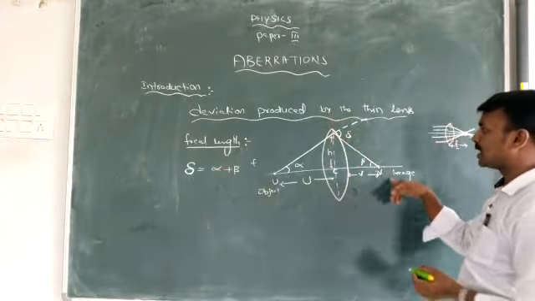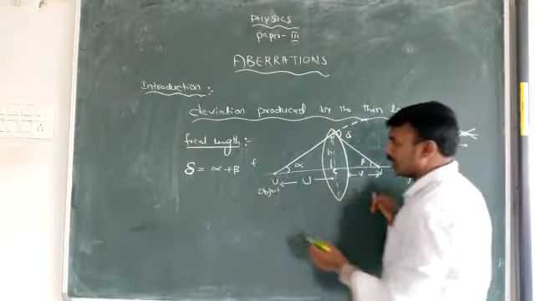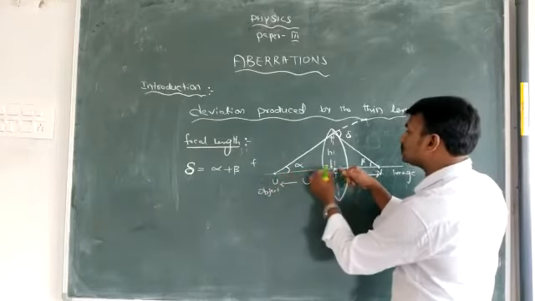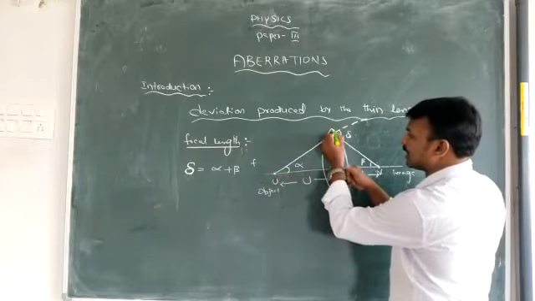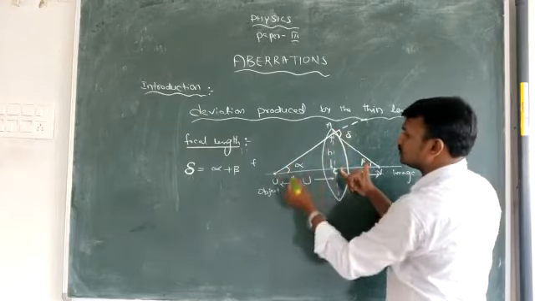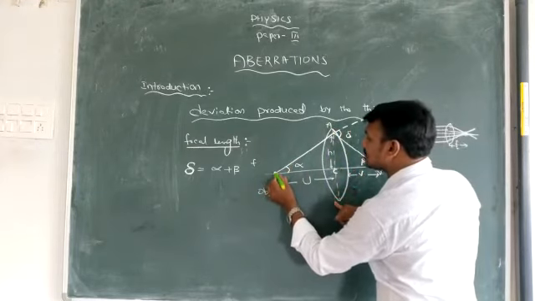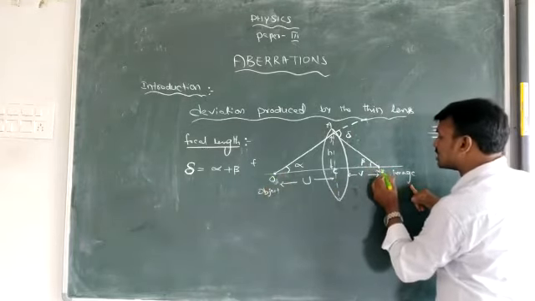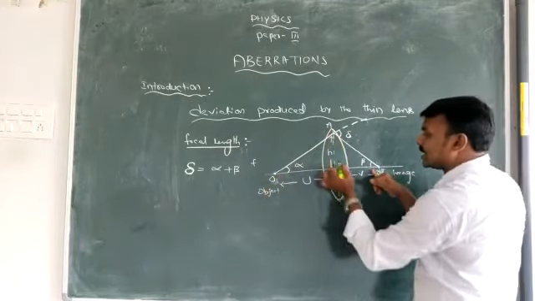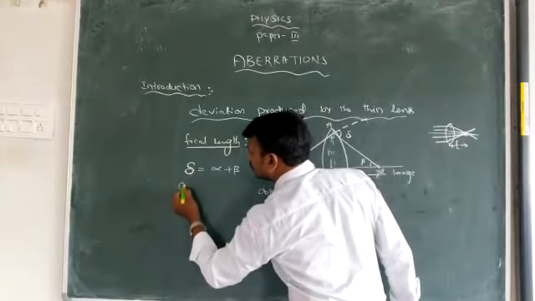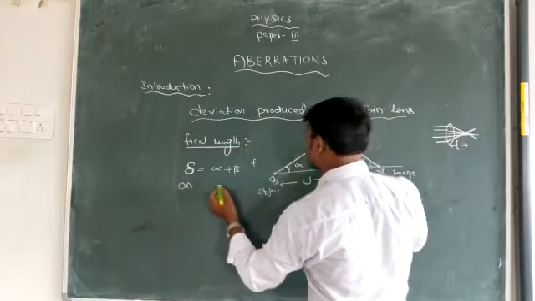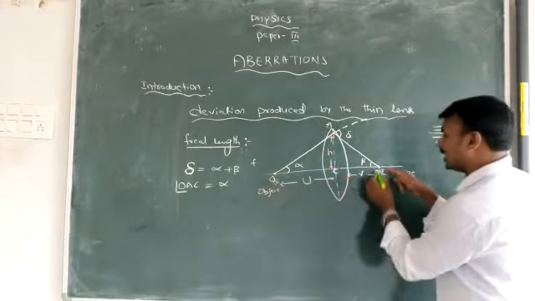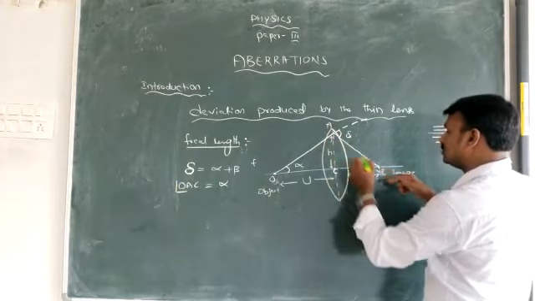In this diagram, two triangles are drawn. Suppose this point is indicated by A, the object is indicated by O, and the image is indicated by I. OAC is a right angle triangle. In this right angle triangle, the angle is equal to alpha, and another triangle is I